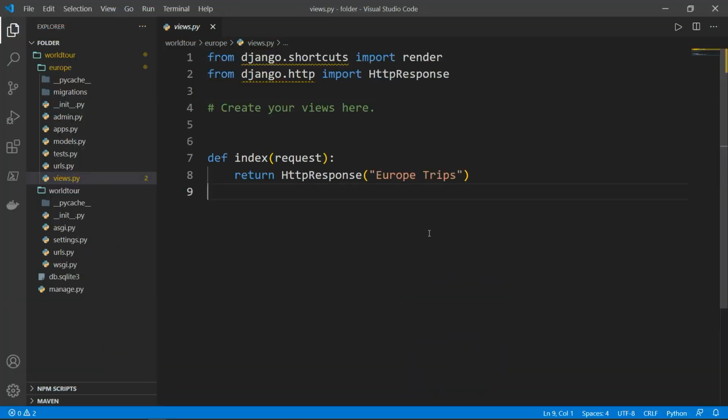Okay, now let's talk about rendering templates. One more feature that we want for the application is to not only display text in the shell like we have seen, but to return an HTML template. What we will need to do is go to views.py, and instead of this return statement for HttpResponse just displaying Europe trips as a header, we want to substitute it with return render, and we want to render the request, and the second argument is the name of the HTML template. So it will be